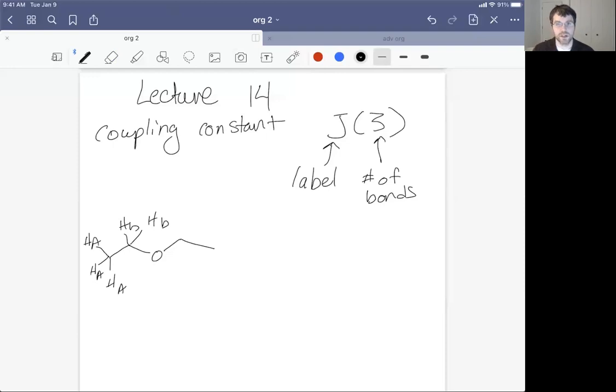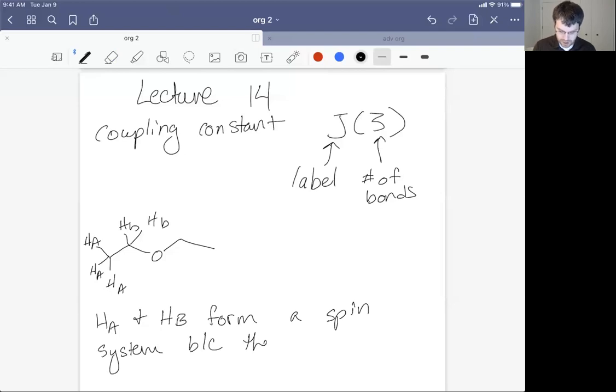There's 4 HBs, 2 on the left, 2 on the right. And then there's 6 HAs, 3 on the left and 3 on the right. And so what we would say is that HA and HB form a spin system